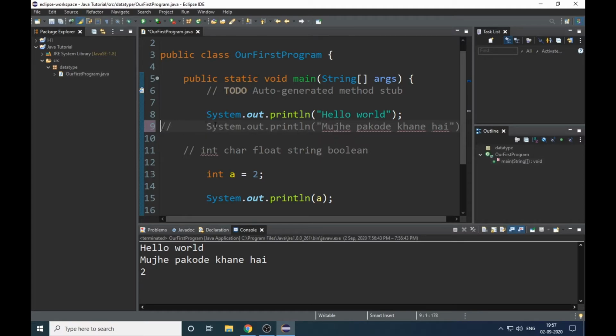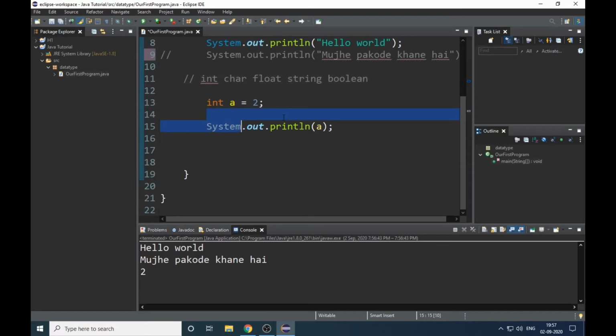It is usually used for documentation. For now just remember this is for comment. If you don't want to run any line, you just need to put this double slash and this statement will not be compiled by the compiler.